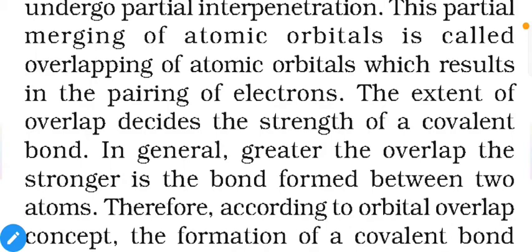Now keep in mind, pairing of electrons doesn't mean electrons are staying between two different atoms. Suppose we have two different hydrogens and their electrons shown on the orbitals. Now when these two hydrogens combine with each other, we represent that bond like this: hydrogen with a dash or line with the other hydrogen. In the actual molecule, this type of stick or thread or line is not present. This is just a representation of bonding.